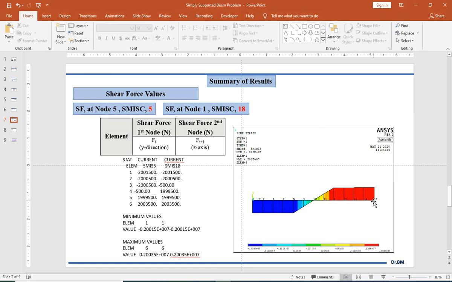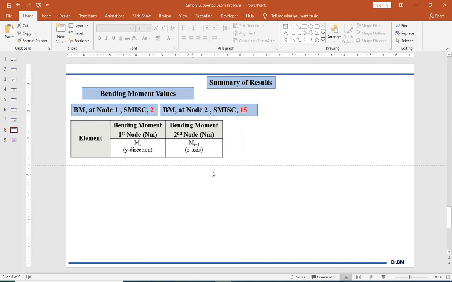So here you can understand the shear force will be 0 at the middle of the beam. Here it varies, and this linearly varying represents UDL and a constant variation represents point load. So this is a shear force diagram. This diagram is drawn as per the values we tabulated on the left hand side of the table. The next we will see how to obtain the bending moment values and the bending moment diagram.